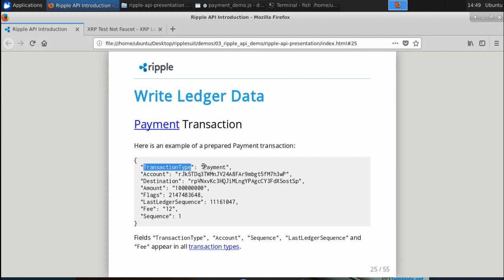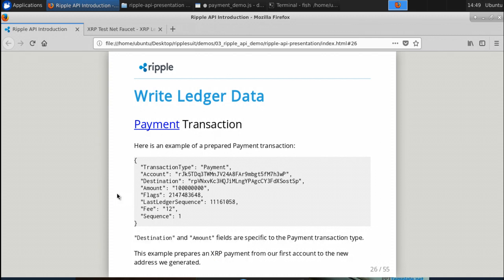So the transaction type should be payment, there should be the account, the destination account, and the amount, again in Ripple drops. Then flags, at this point we are going to skip what the flags are about. The last ledger sequence, the fee and the sequence of the transaction.